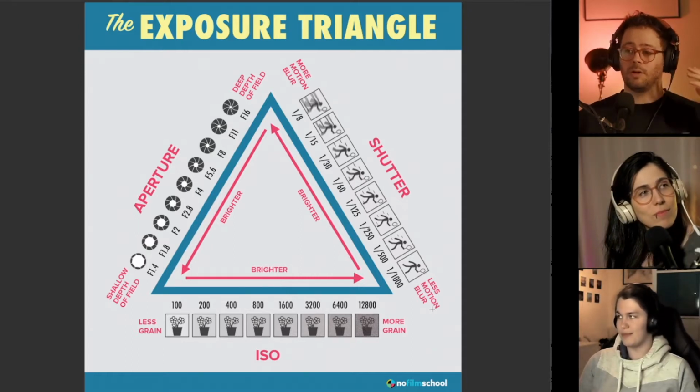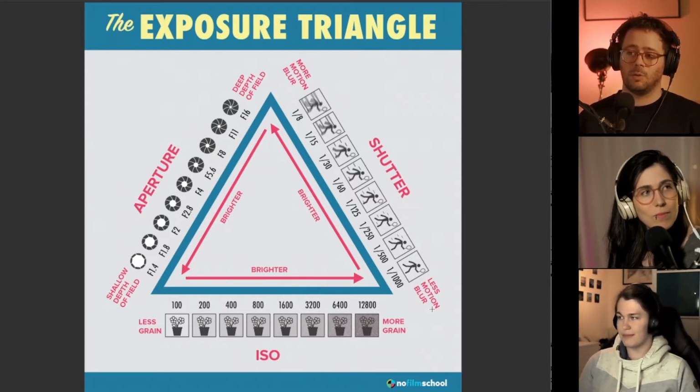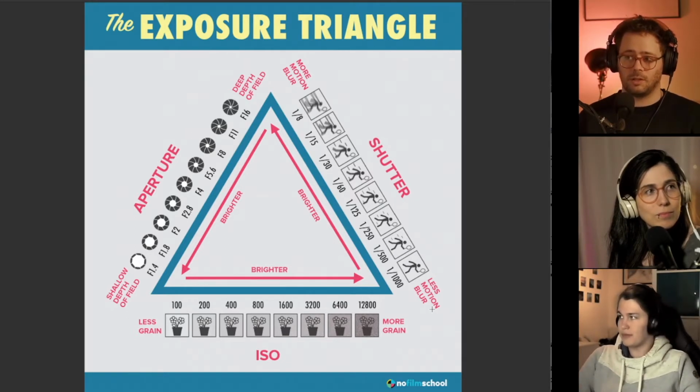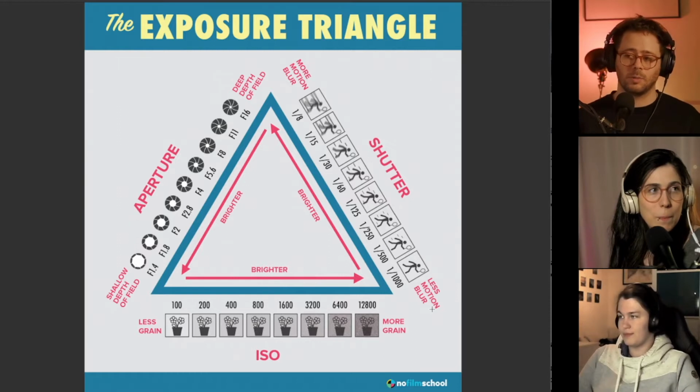Even going to a very high shutter speed will give you an effect that traditionally, back in the day, was not even achievable, because now you can freeze very high speed things, like a bullet or something like that. I don't know, like raindrops, you can freeze them in the air. And that requires a faster shutter speed, right? But then if someone is running, you can't shoot them at 1/8 of a second. No. They'll leave a ghost behind. Exactly. Which can be a nice effect if that's what you're going for.